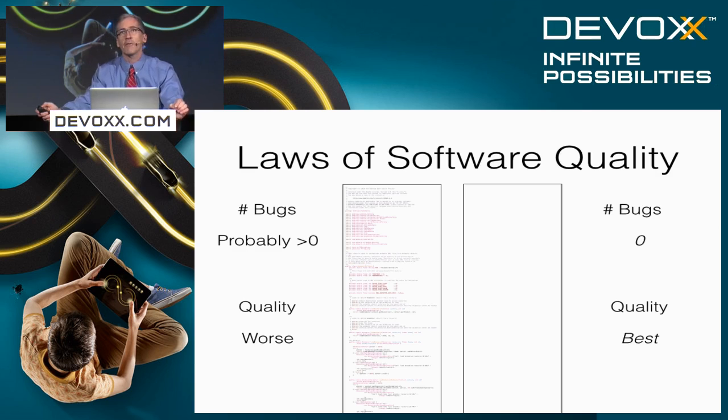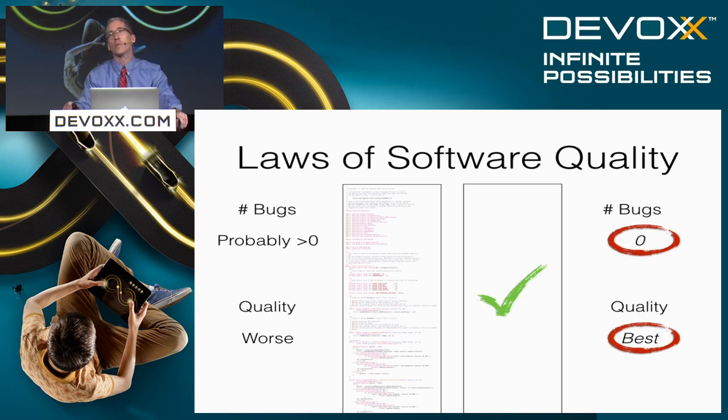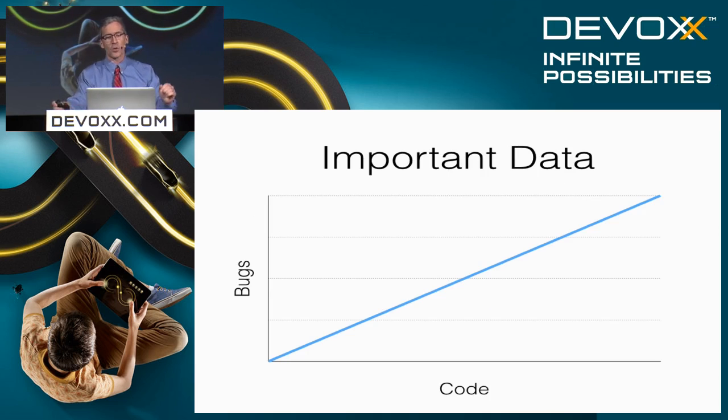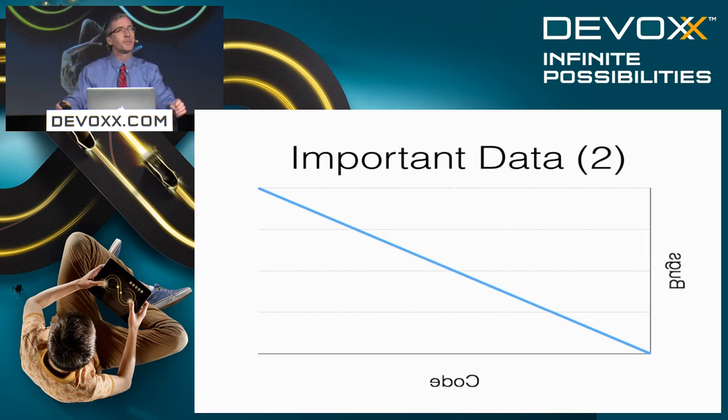Now, we can use some graphics to represent this information as well, like this. And I think that's pretty obvious there. So here's some more data to take a look at. So the amount of code that this client wrote increased, and the number of bugs that the client had increased as well. All right? There's another way to look at this. If we flip the data around, it looks like this.